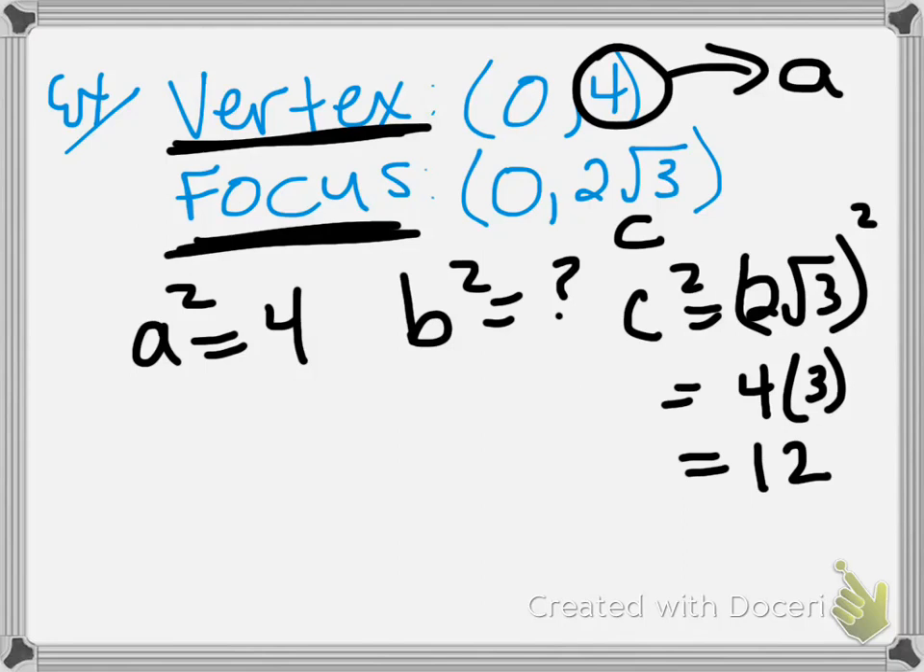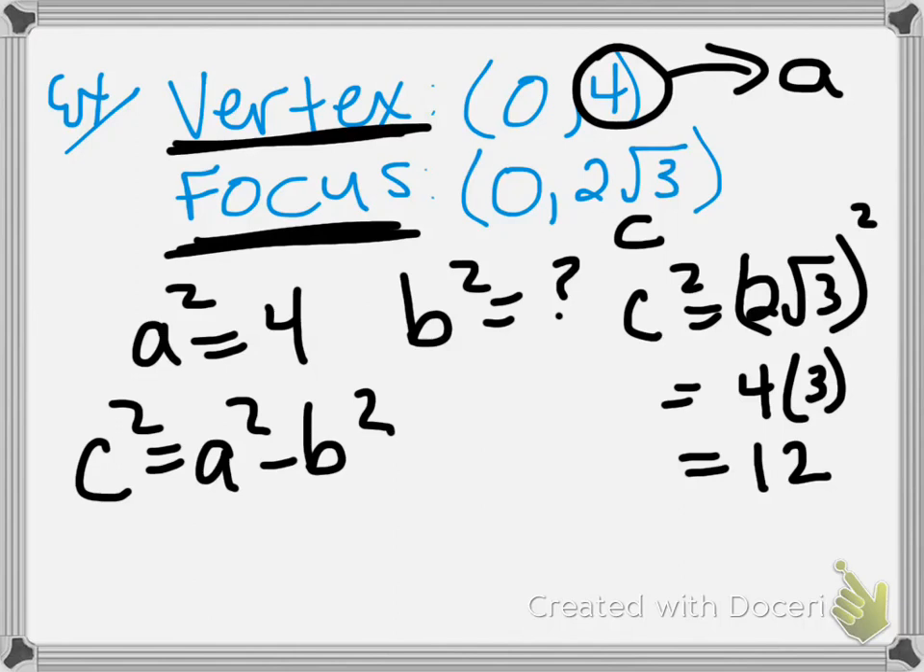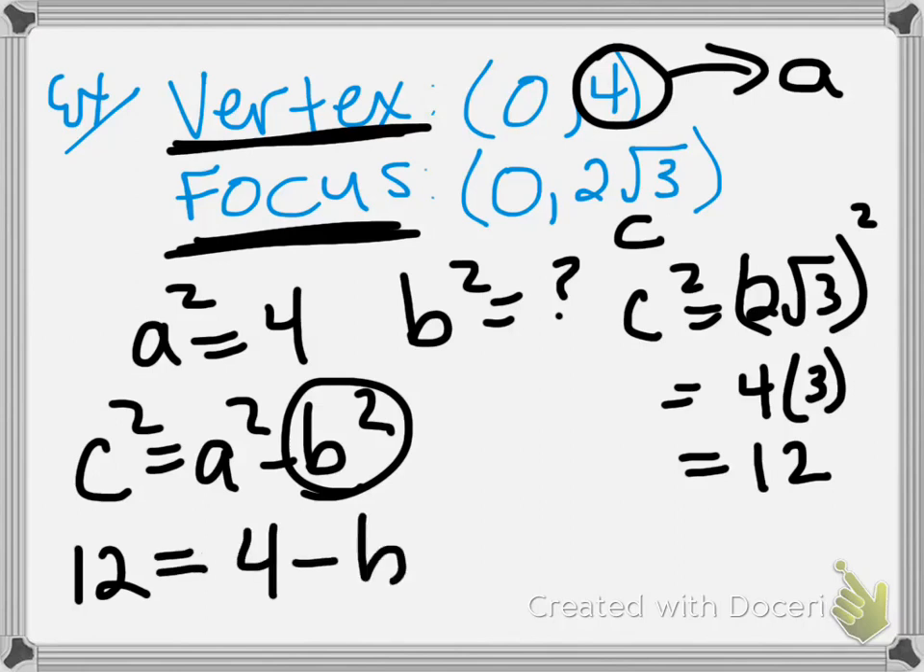So c squared is 12. 2 times the square root of 3 squared is going to be 12. So remember, the formula was c squared equals a squared minus b squared. And we need to find the b squared. So c squared is 12, a squared is 4, we don't know b squared, that's what we're trying to find. So I'm going to subtract 4. Now I have 8 equals,